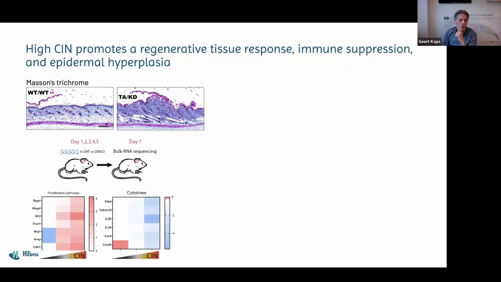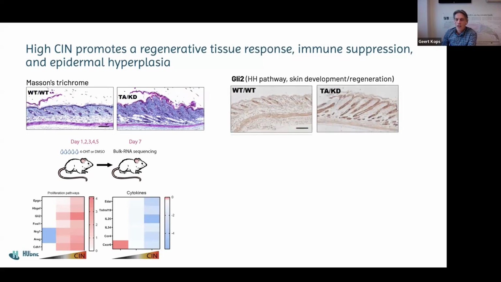And then we did RNA sequencing on these backs. We did different days, but I'll show you the day 7, so 1 week after we applied tamoxifen for 5 days. And we noticed, amongst others, that there was a clear increase in proliferation, but also a decrease in cytokines and some other immune signatures. And so we wanted to verify this using